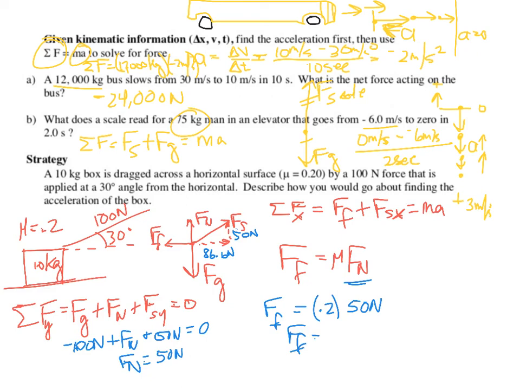What's 2/10 of 50? So we have 10 newtons of friction force, and the friction force is in the negative direction based on our diagram. So we have negative 10 newtons of friction force plus